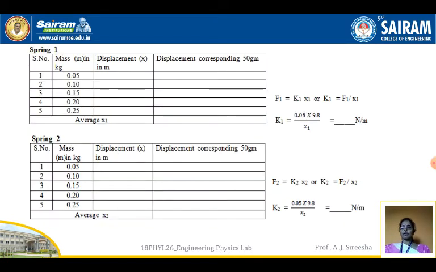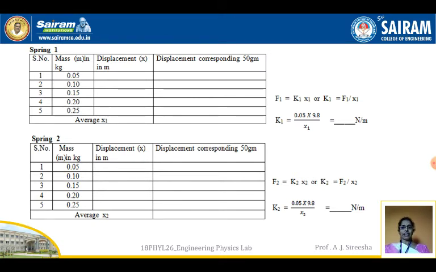Now you can see the springs here and the tabular column: serial number 1, 2, 3, 4 and so on, mass M in kgs, displacement x in meters, and displacement corresponding to 50 grams. Now for spring 1, fix spring 1 to the stand, keep on loading the other end of the spring with 50 grams, measure the displacement and note it down. Similarly, increase the weight on the weight hanger in steps of 50 grams and it becomes 100 grams in the second. So the displacement for 100 grams is measured here with the meter scale,